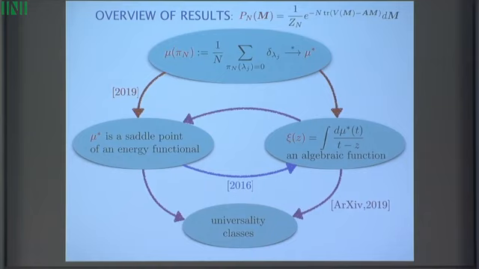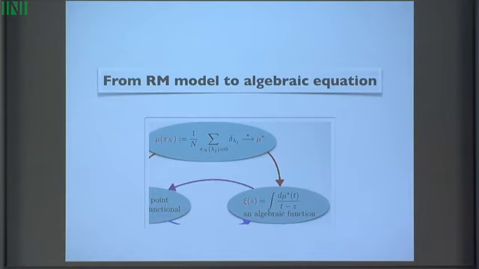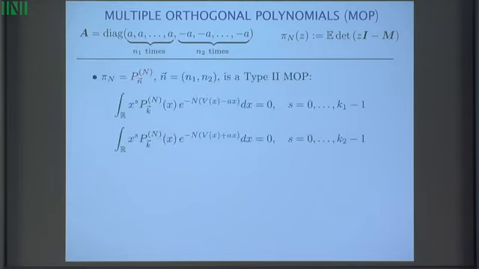I just wanted to give a scheme of the talk, and so let's concentrate first on this part. So I'm looking at possible limits of these zero counting measures. Can I associate a certain algebraic equation to this? So remember, the input we have is a diagonal matrix A of this form, n1 and n2 are multiplicities, and we look at this guy. The first difference with the classical case is that this polynomial is no longer orthogonal. It satisfies so-called multiple orthogonality.